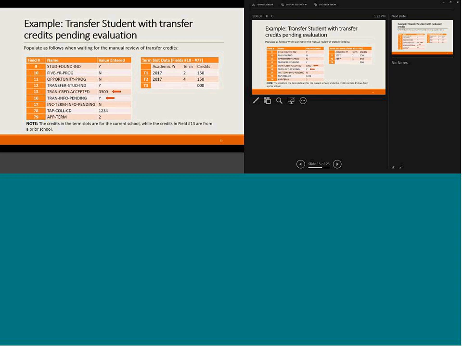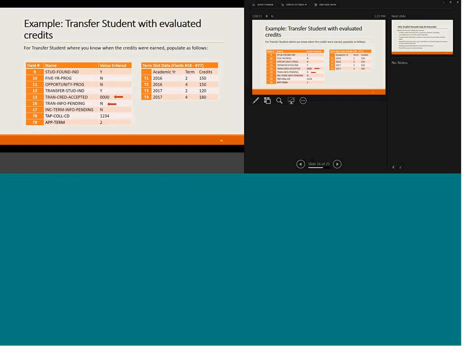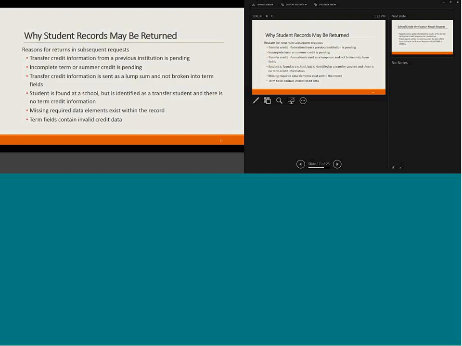In that next subsequent response file, how it would populate and reflect, you would have your transfer credits accepted, and the transfer info pending would be an N. And as you can see here, the academic year for fall and spring for 16 are now posted. Again, they're posted in sequential order. That when you submit a transaction and you say, well, I submitted that information, and then now there's receipt back on your subsequent